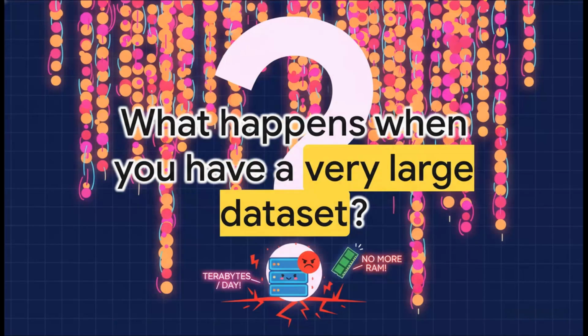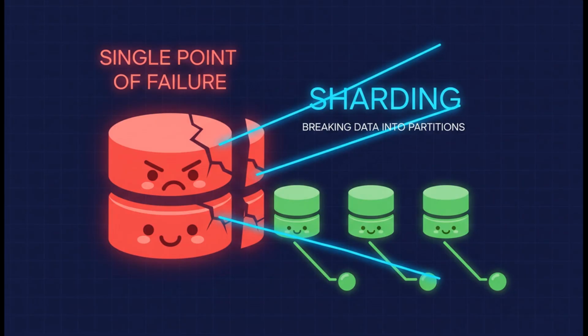But hang on. All those users, all those photos, all that metadata, it's got to be stored somewhere, right? Our main database is now growing by terabytes a day. You can almost see it starting to crack under the pressure. And this time, just adding more RAM isn't going to save us. So what do you do when your database becomes one giant single point of failure? Well, you slice it into pieces. Tomorrow we're going to dive into database sharding, the technique for scaling your data basically to infinity.